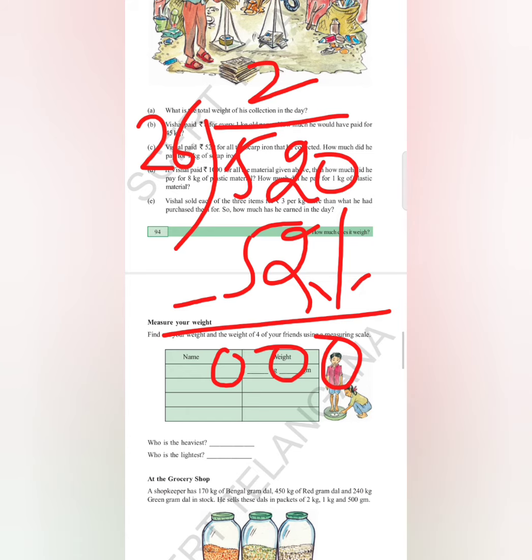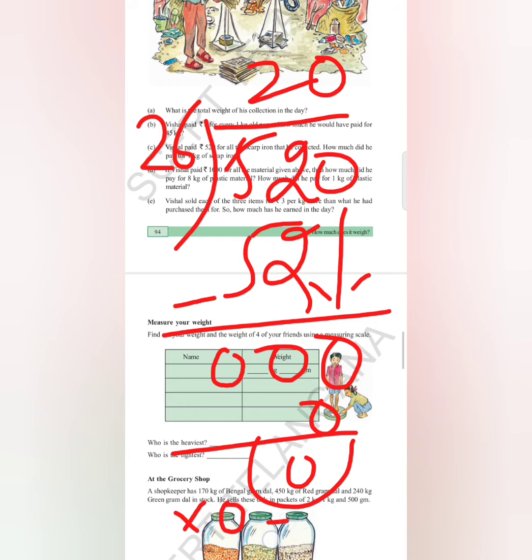In 26 table, when do we get 0? 26 zeros are 0. And one more thing, remember that when we are multiplying any number with 0, we get the answer as 0 only. When we multiply any number with 0, we will get 0. When we are adding any number with 0, we will get the same number. 26 plus 0, if we add, we get 26. If we multiply 26 into 0, we get 0. If we add, we get the same number.